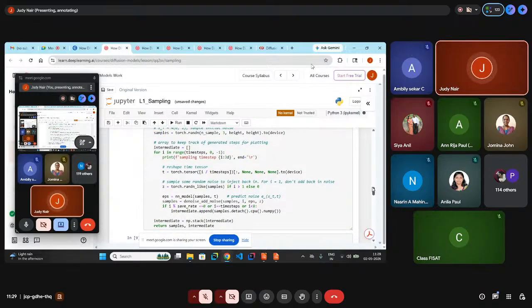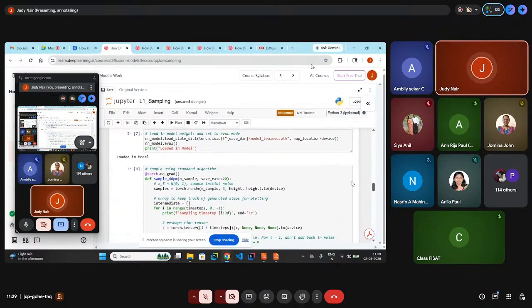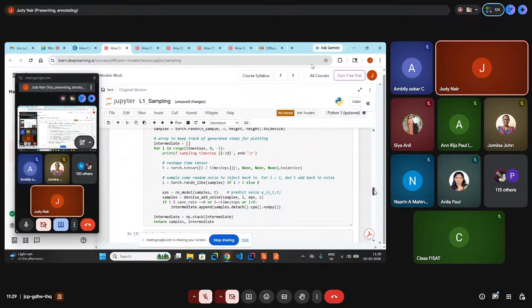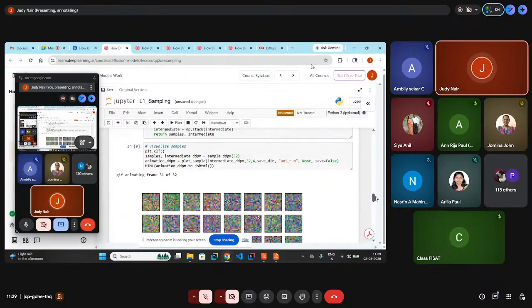So we are using a method. If you look at the code, at least we can understand what they have used. They are using DDPM. And then this is for visualizing. They have just animated it. They are plotting at different timestamps.